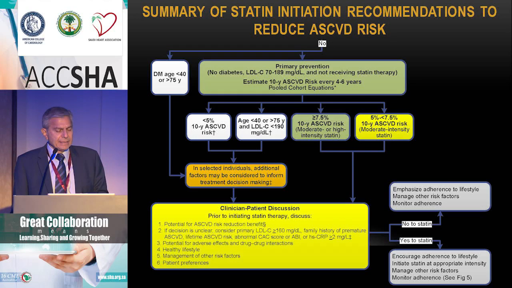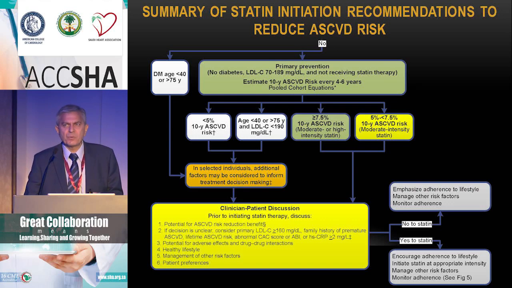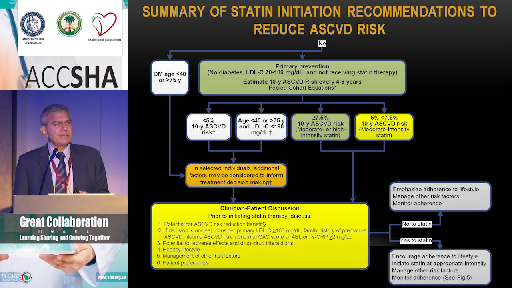But here there is this box right down there that is a bit permissive. In other words, it allows you, despite what you see and despite what you calculate, to discuss this with the patient and consider other things, although they don't tell you what to do with those other things. Like if you have a calcium score, or if you have a CRP that's elevated, or if you have a premature history of coronary artery disease in the family. So these type of things we know as cardiologists are important. They're not factored in the guidelines, but there is that box that tells you think about them without telling you how to think about them.